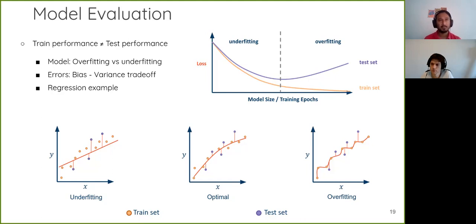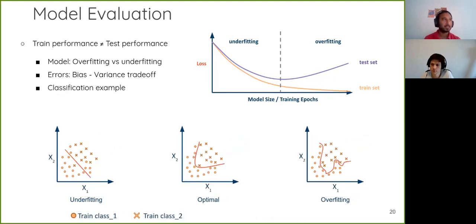And you can see that also in the classification example. So again, here your goal is to find a boundary between the two classes. You have X1 and X2. So the goal is to separate the circles from the crosses. And I can pick a simple model, which only has a linear line, or I can pick a second degree polynomial or a parabola, and that will be a more curved but smooth function. And the third one would be a more complicated curve that will basically separate every single example in the training set